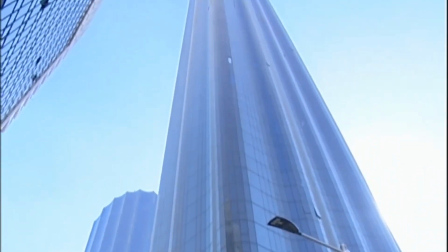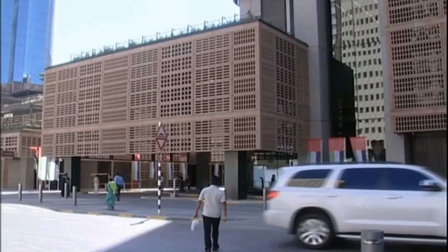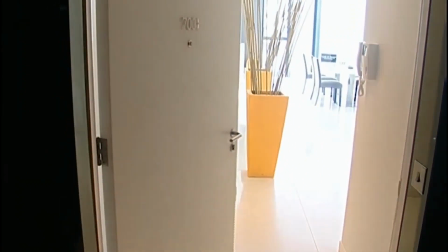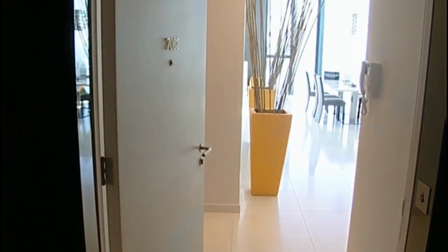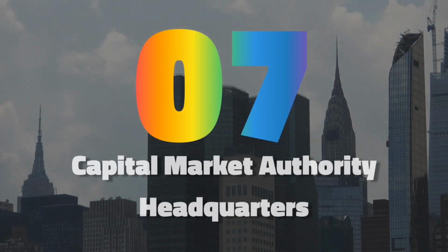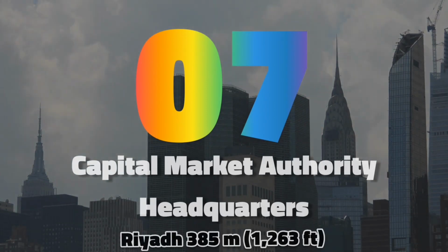Under its desert setting, the tower is supposed to match. In such a dusty climate, a clean, elegant, and reflective facade is built to demand minimal maintenance. Meanwhile, internal shading layers regulate glare and undesired heat gain. 7th goes to Capital Market Authority Headquarters, Riyadh, 385 meters,